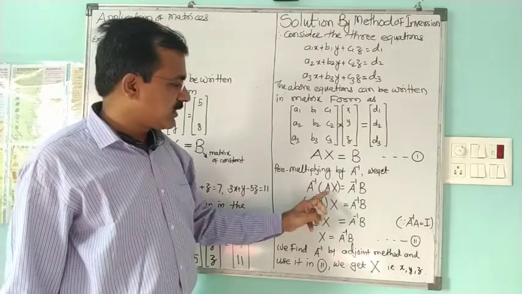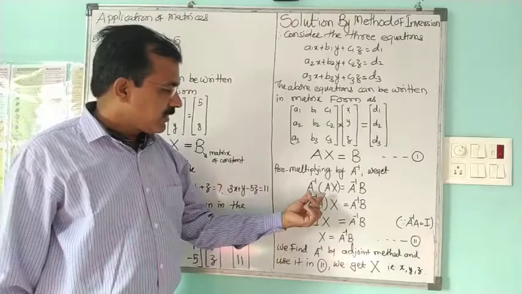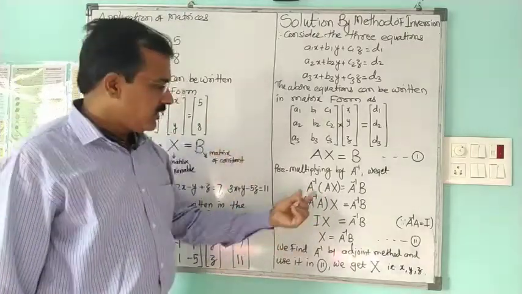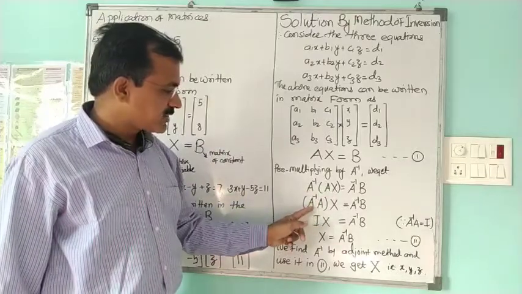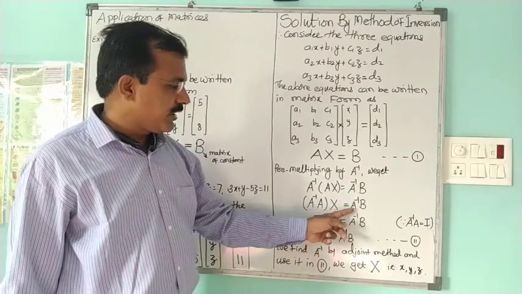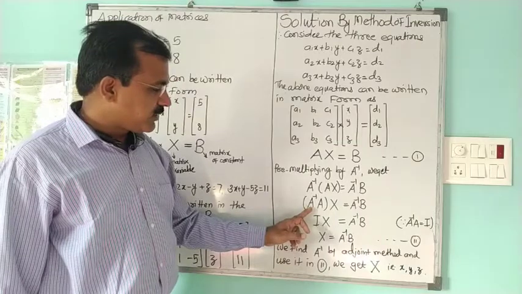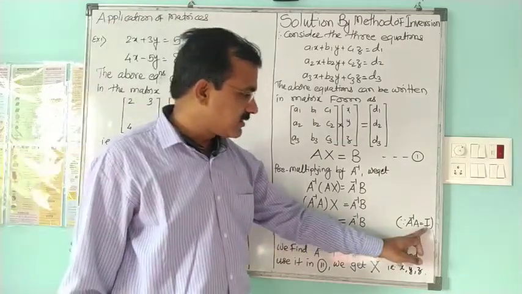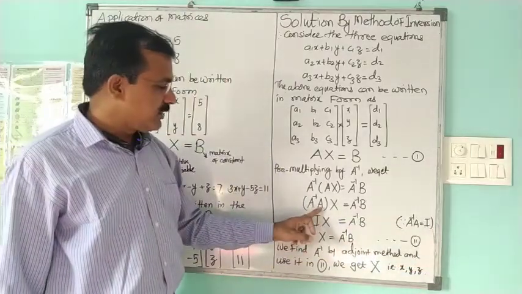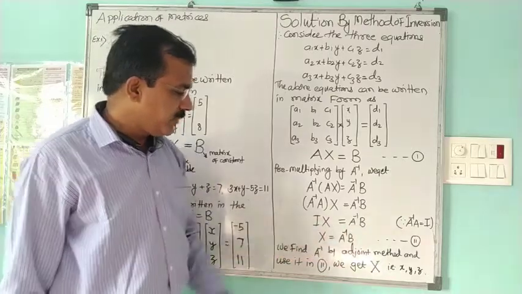So A inverse in the left hand side, A inverse in the right hand side with multiplication. Now multiplication of matrices satisfies associative law. That's why this middle number can be taken with first number. So A inverse into A and third number is equal to A inverse multiplied by B. So this bracket A inverse into A, we have already considered it as a capital I, that is identity matrix. So A inverse into A is equal to I into this X is equal to A inverse into B.